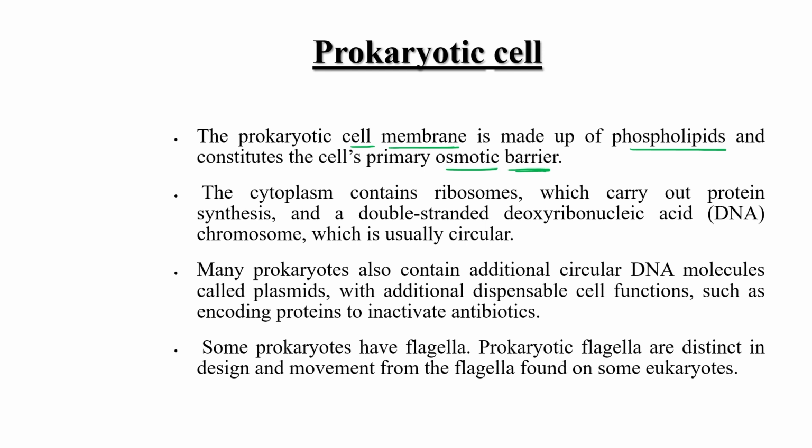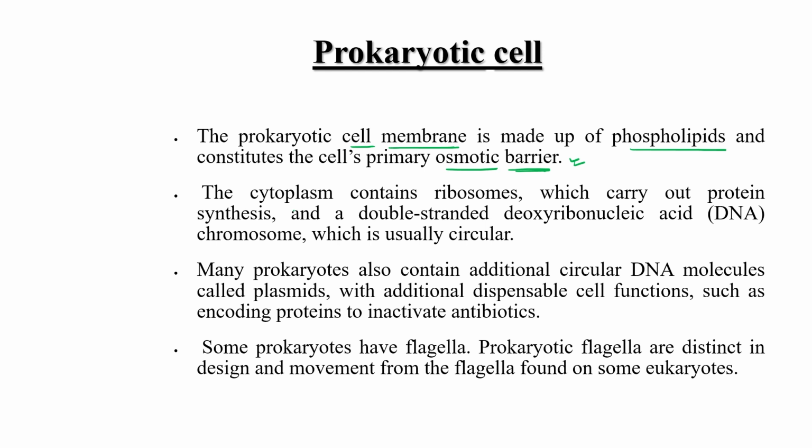It doesn't have permeability for all kinds of molecules, right? So it acts as an osmotic barrier, right? And that's how it is the main covering or main defense system which maintains the internal environment